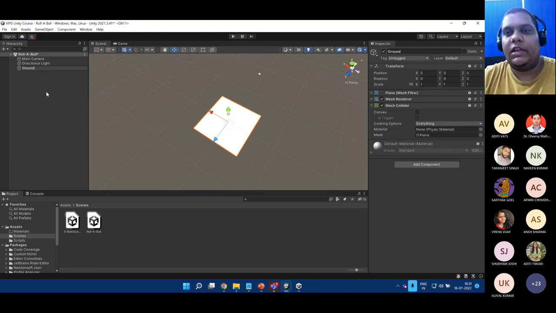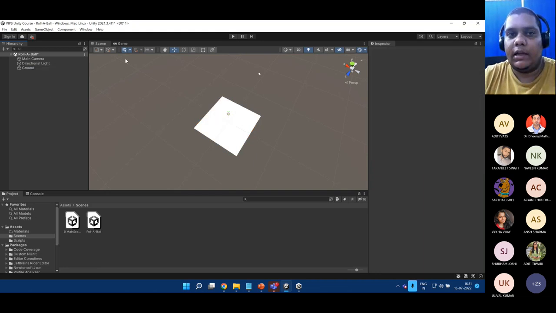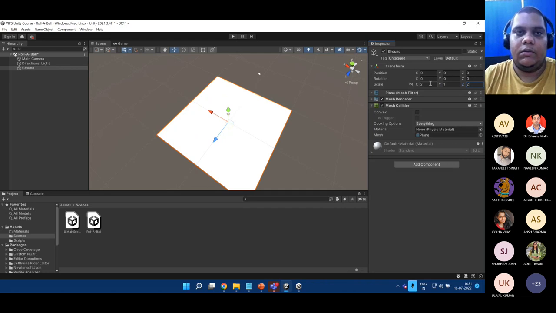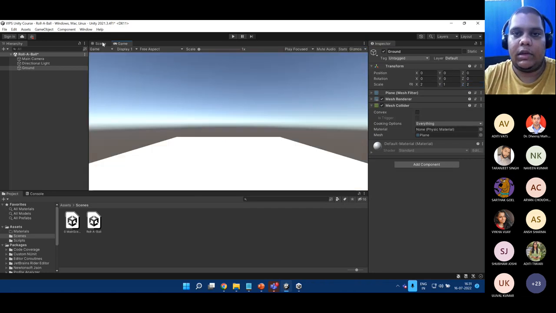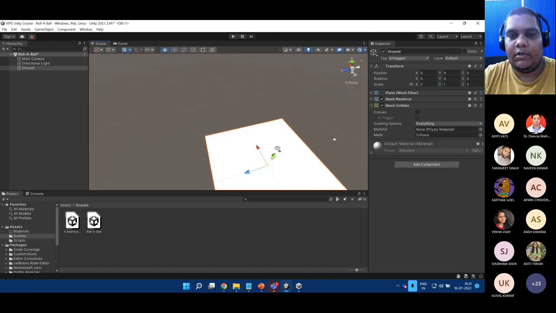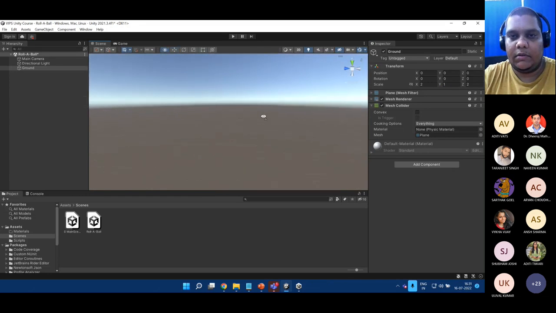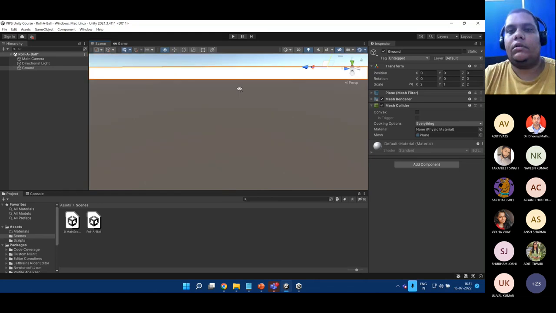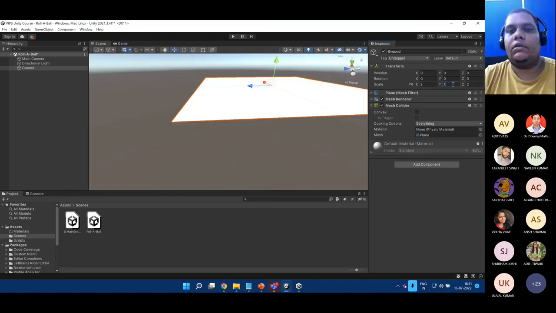So changing the name to ground, and then let's increase the size a bit in each direction, 2 and 2. Let's see how it looks. Yeah, so it's big enough for us now. And we see that there's a Y size to it as well, but let's see what happens if we change the Y. Let me get into the position properly. Yeah, so if I change Y to 2,